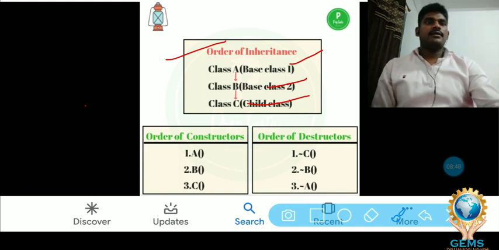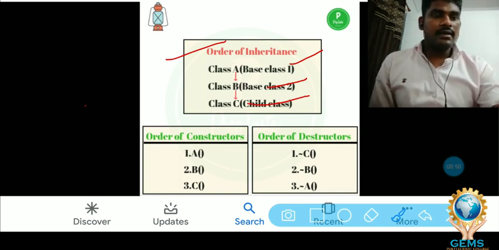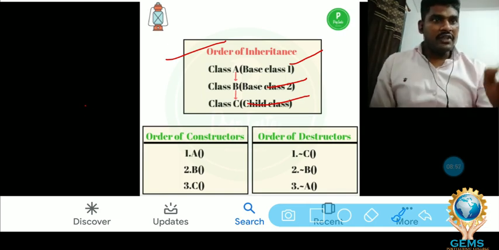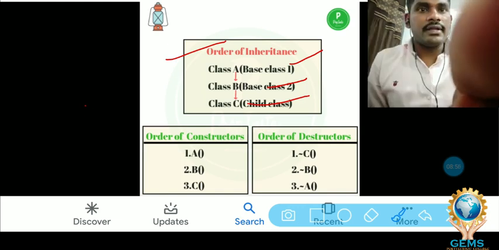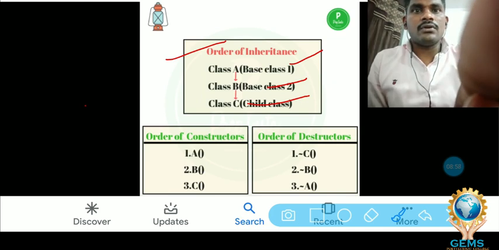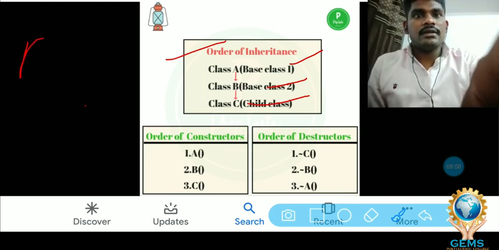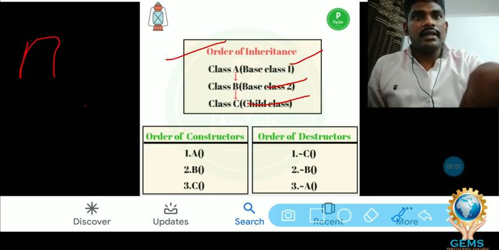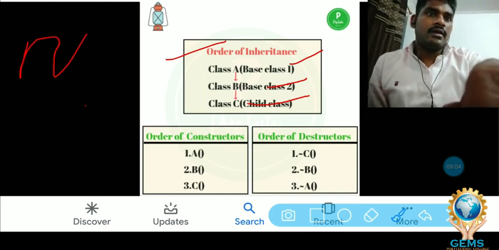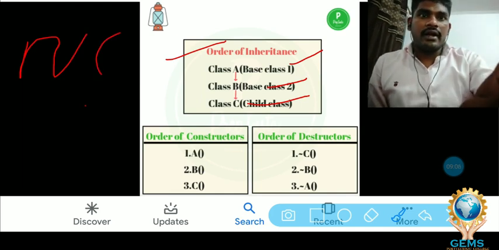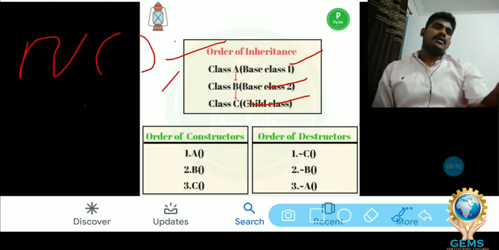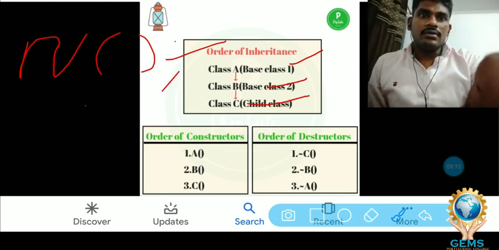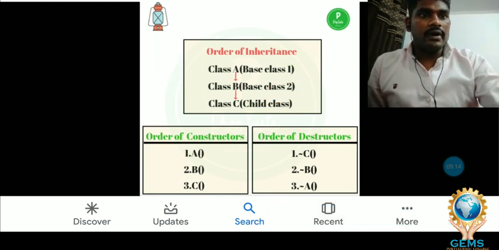If you declare it like that, that is called a default constructor.